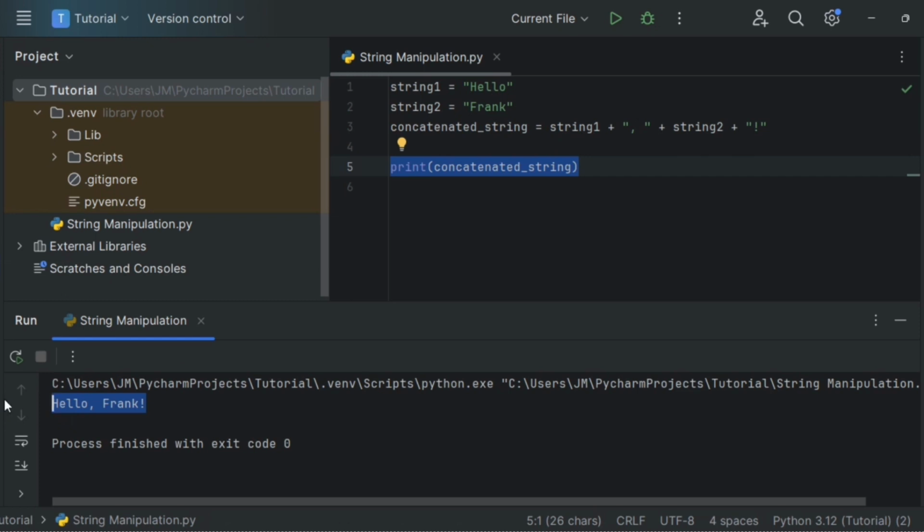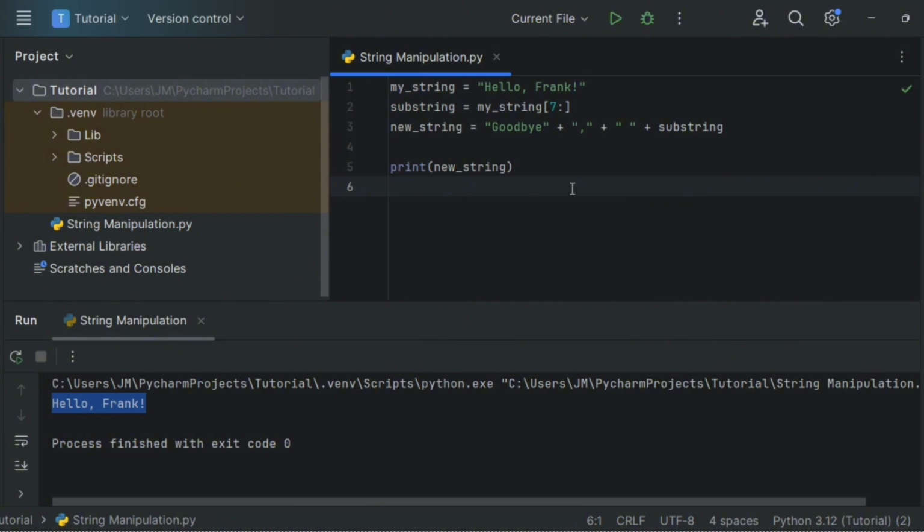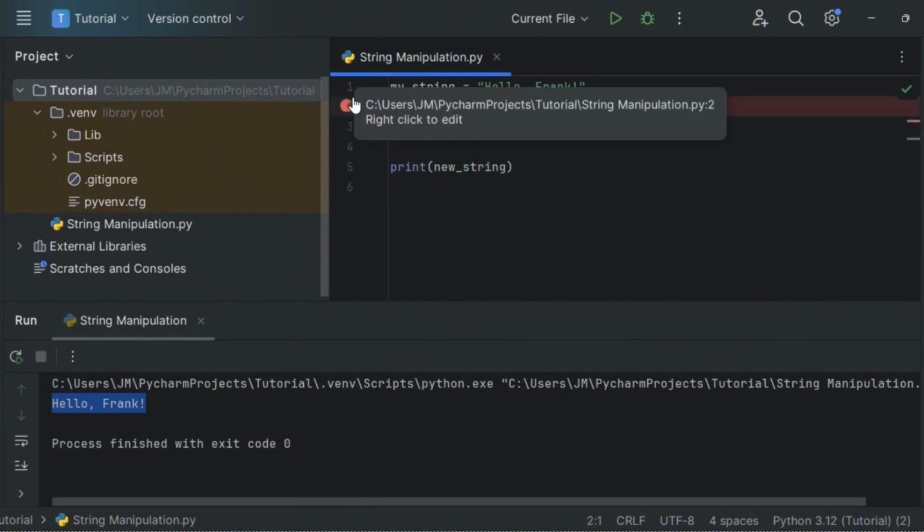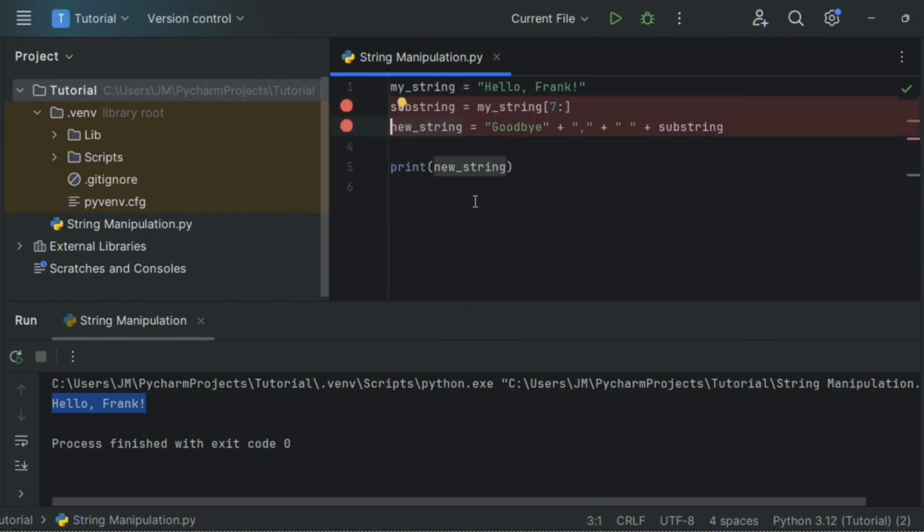Now that you understand string slicing and concatenation, let's see how you can use them together for a more complex text data in Python. In this example, we applied slicing for the second line and concatenation for the third line. Now once we print this, the original output, which is supposed to be hello Frank, turns into goodbye Frank. So let's see if it results to that. And that's it. These are techniques for working with text data and skills for any Python programmer.